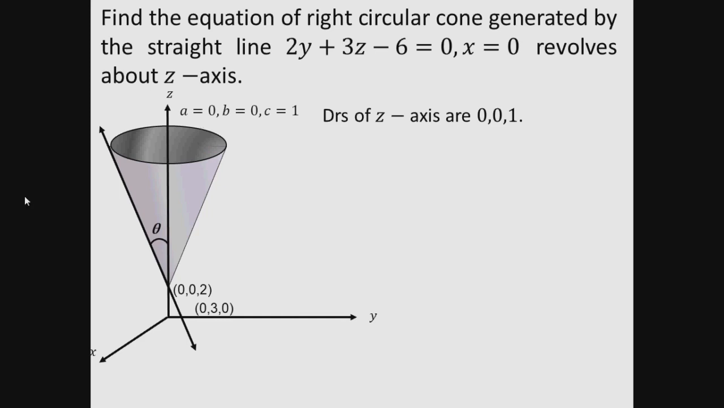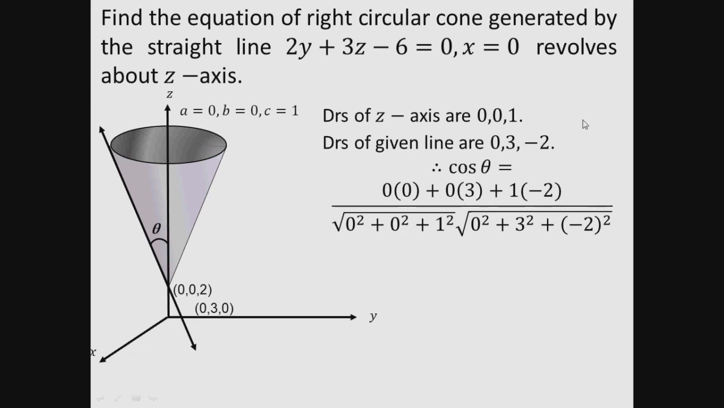Now we can also find the DRs of this line because we know 2 points on it. So 0 minus 0, 0 minus 3, 2 minus 0. Okay, that gives us the DRs of the generator. Okay, so 0, 3, minus 2, those are the DRs of the line. And if you know the DRs of two lines, we can find the angle between them. So cos theta is equal to